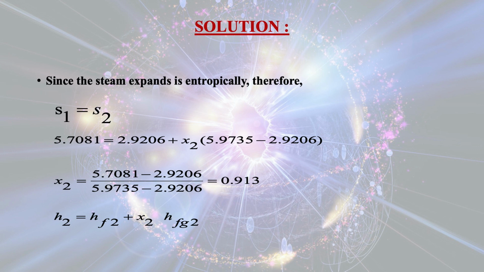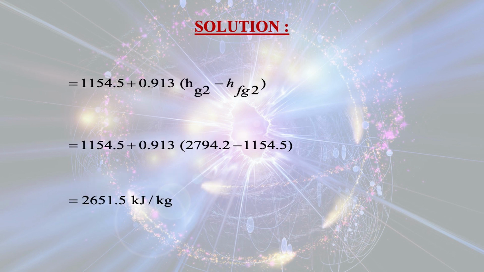X2 is the dryness fraction at state 2. So if you calculate X2, that is dryness fraction or quality of steam at state 2, that comes out to be 0.913. Now if you know the quality at state 2, from the steam table you can find out what is HF2, what is HFG2, that is the properties of enthalpy at state 2. Now there is no problem for calculating enthalpy at state 2. So H2 will be